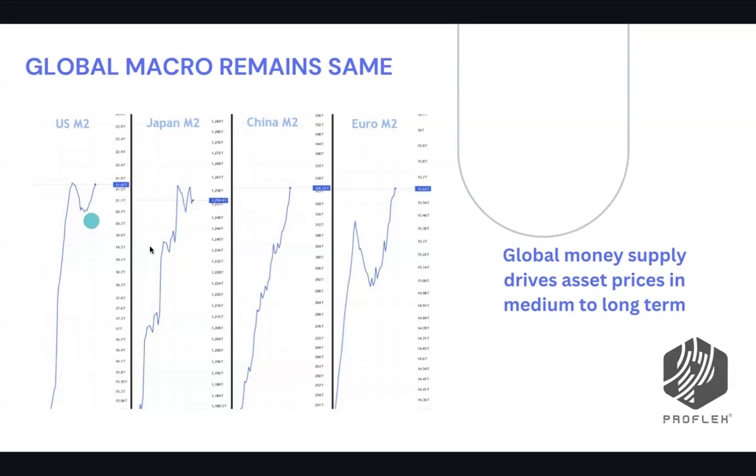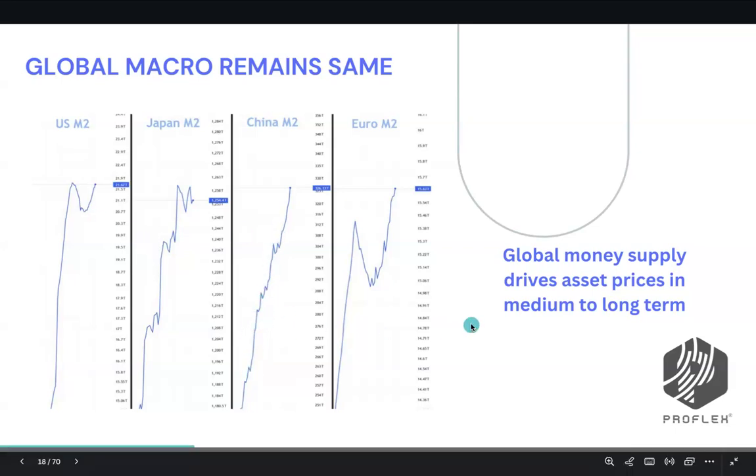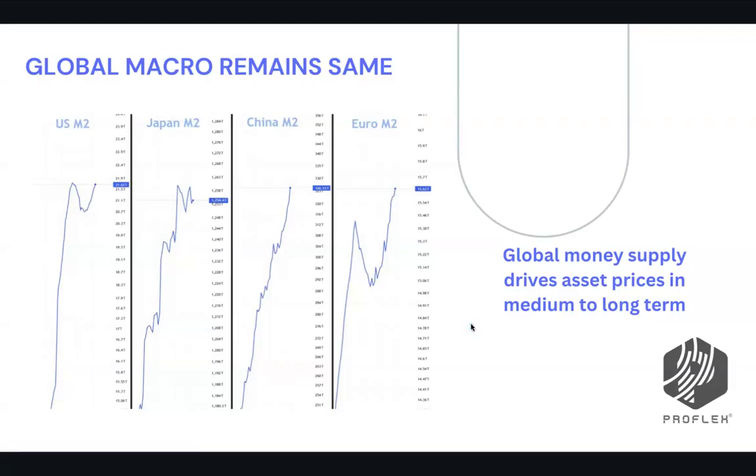But what is happening with the trade war is not only China. Now, this is a very interesting chart, and if you're an investor at a global level, global money supply determining the asset price is the biggest truth in the whole investing world, and we have followed it and have always found success with this. Now, what is happening here? I think what matters is, let's look at the US chart.